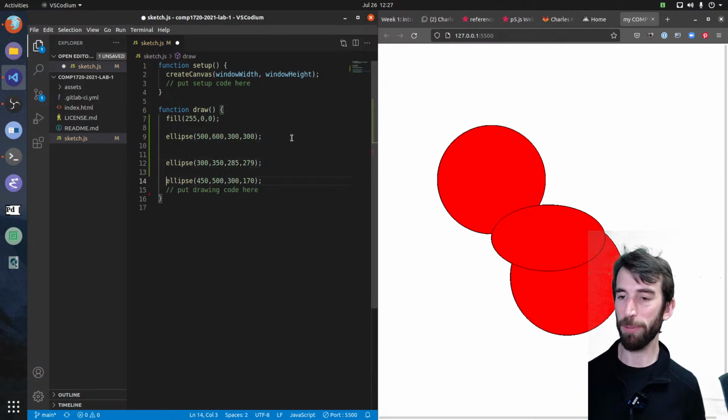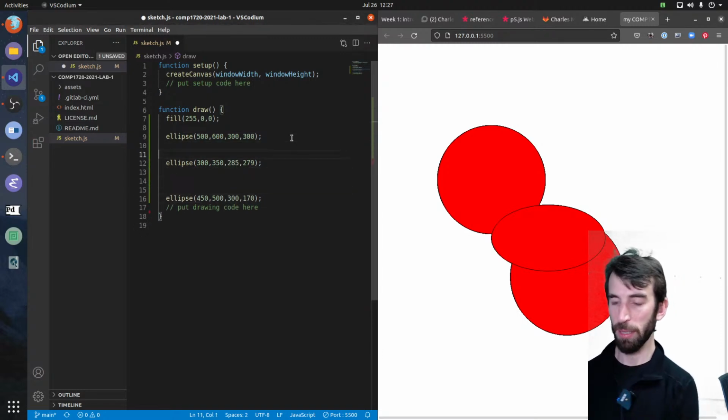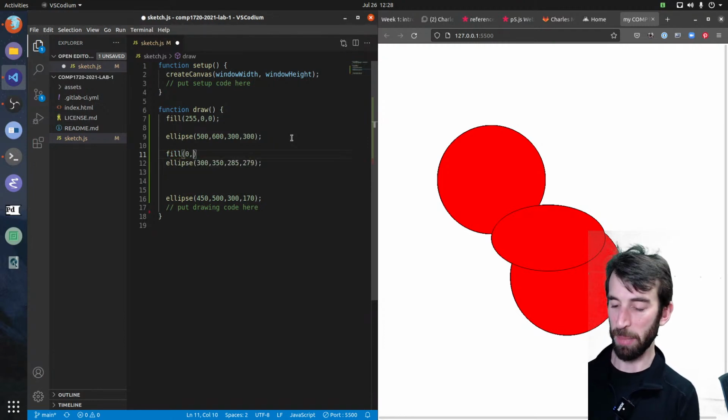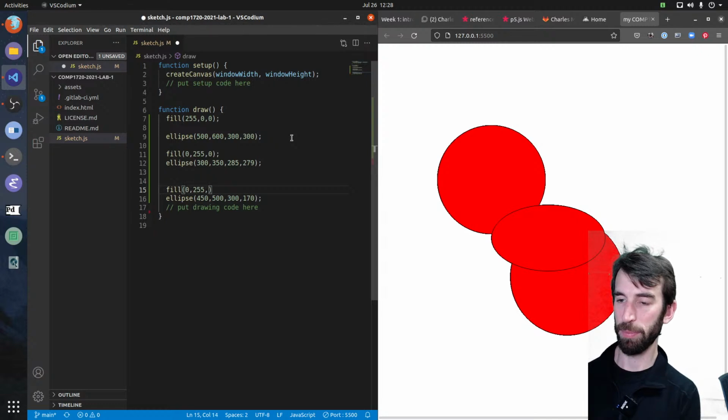If I want to make them different colors, well, I'm going to have to put in a different command each time. I might make this one green. And this one blue. Whoops, that's wrong.